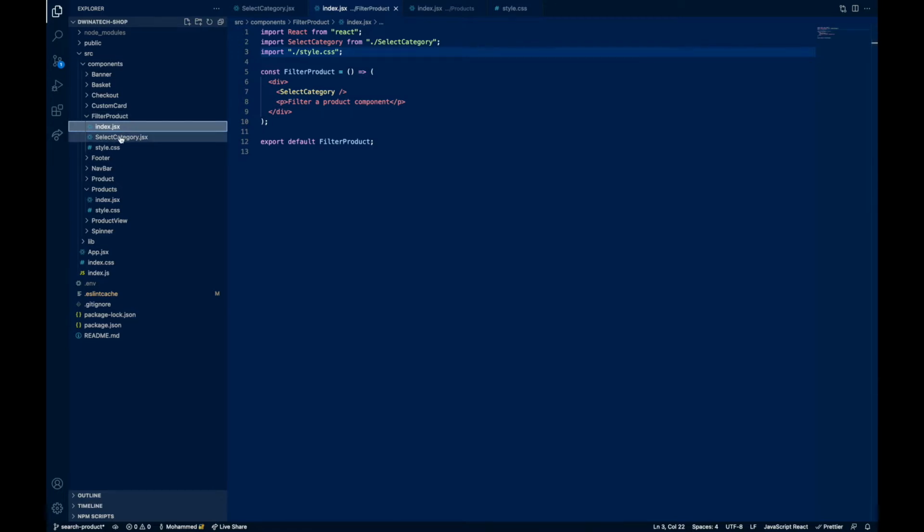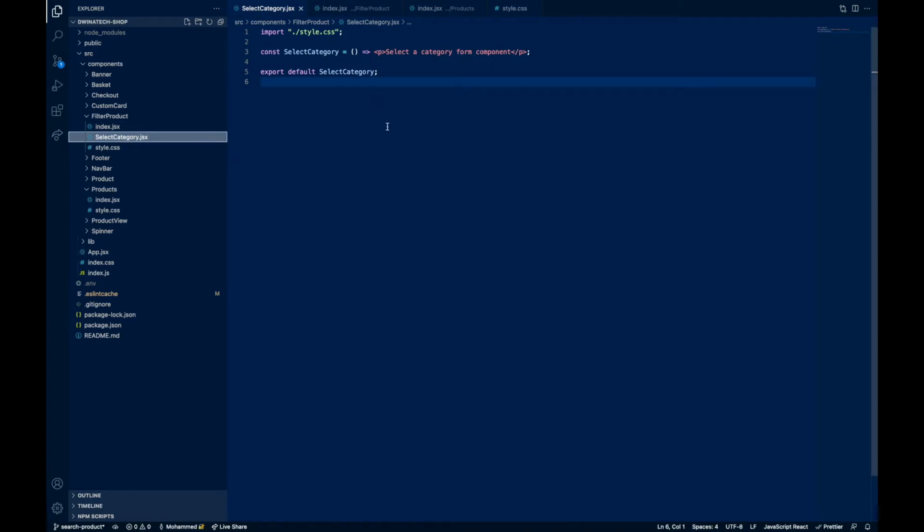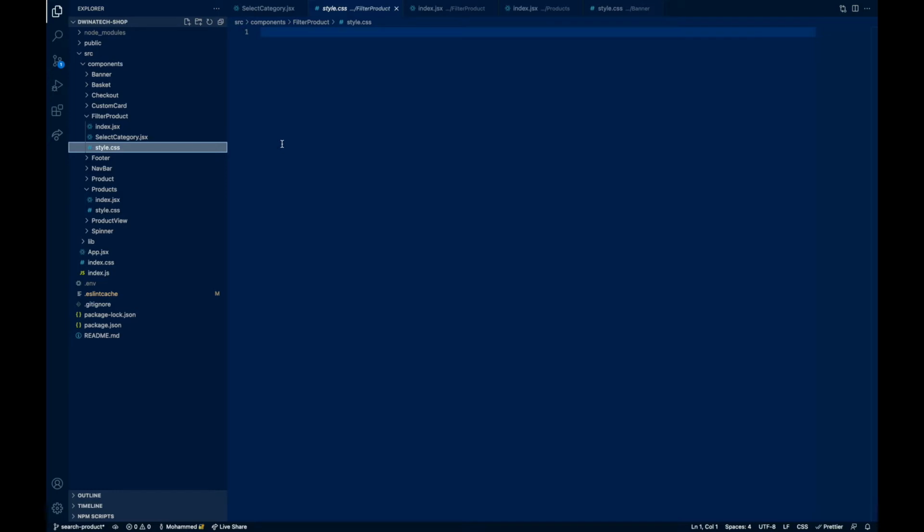So as you see here, this select category is empty, it's just like an empty component. It has just a text or a paragraph to display what this component's name is or what it is doing. And the same, we have this style.css completely empty, doesn't have anything. So we need to create a folder with the 3 files, as I mentioned: index file, select category.jsx file